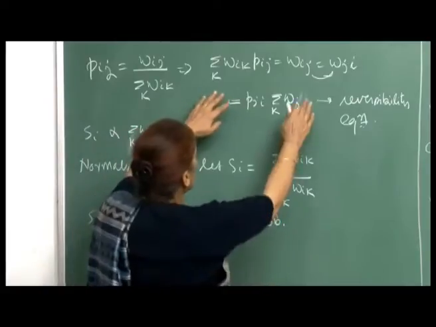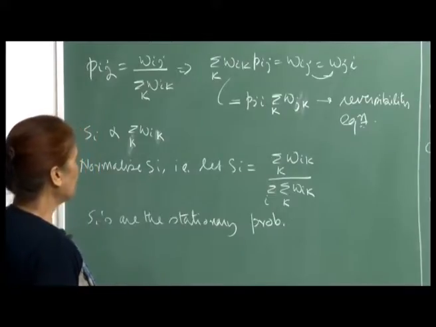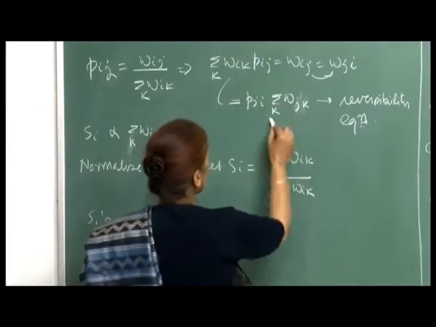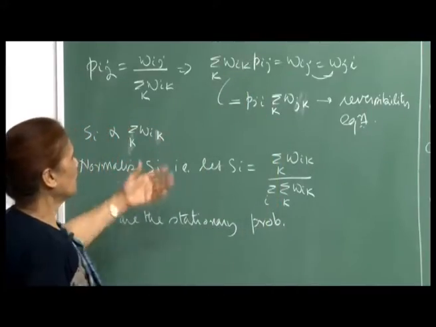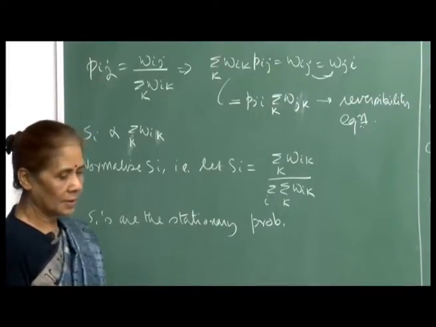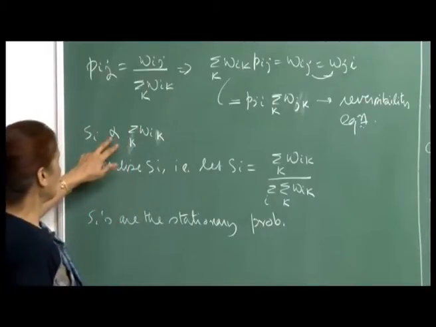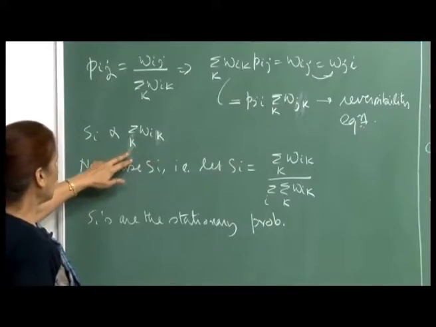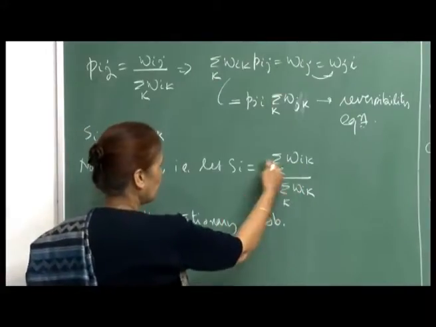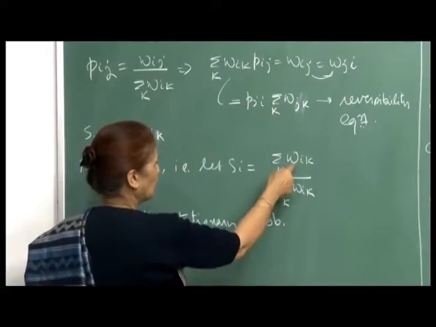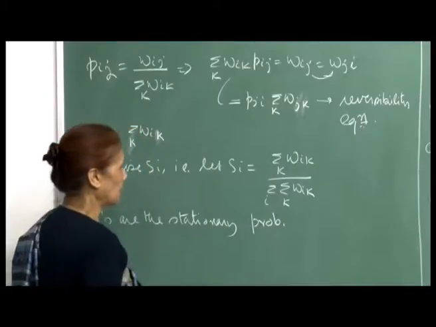Once you get this, you see this is your reversibility equation, because your Pij's are the transition probabilities, and now I just have to define the corresponding state probabilities, and then this will give me a time reversible Markov process. This is the idea. As we said, your SIs will be proportional to the summation of Wik over k, so we will normalize SI: let SI be the summation of Wik over k, divided by the summation over i and k of Wik, the total weight, right.